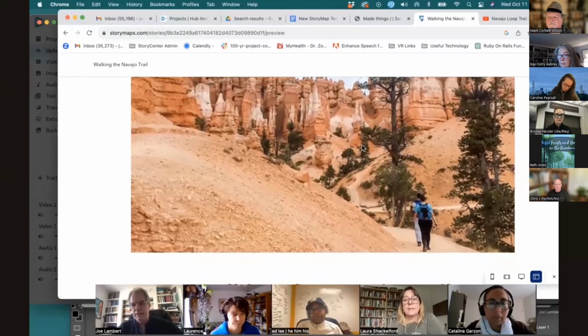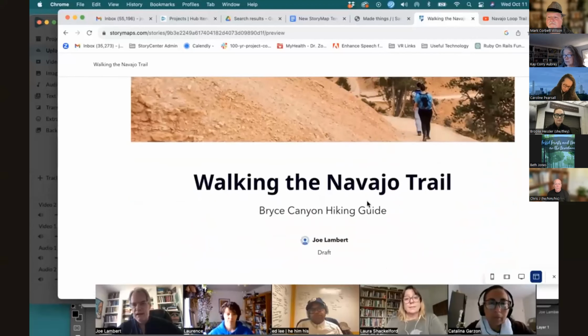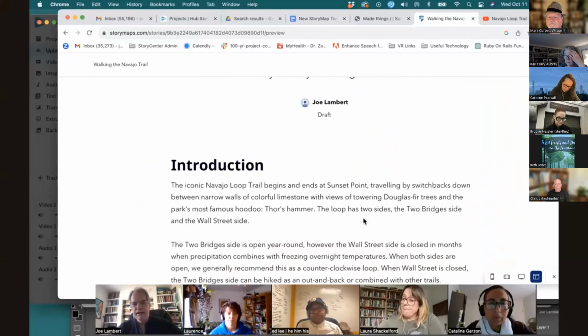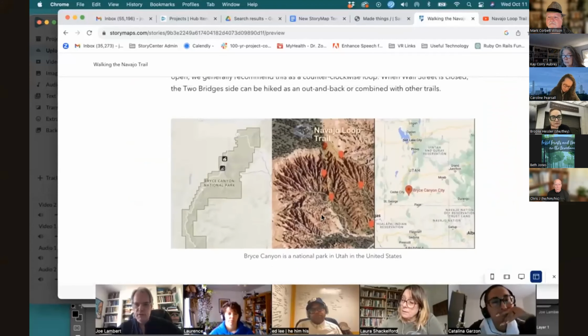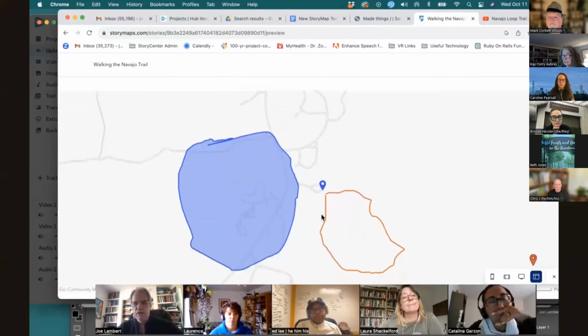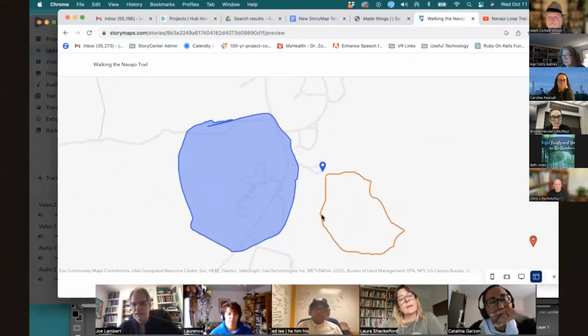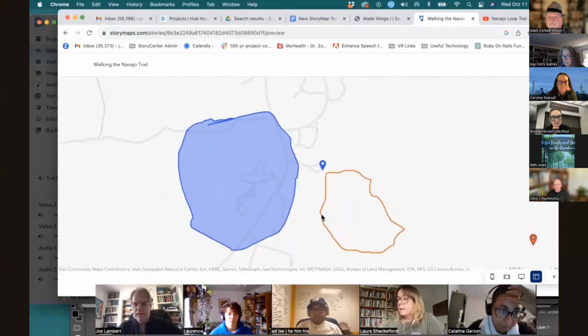Their fixed template has an image at the top, a title, a subtitle. It has a place you can put introductions. Then you can put images, whether they're maps or whatever. Then you can make a map. This is called a fixed map, where I think they call it quick map or something like that, but it's